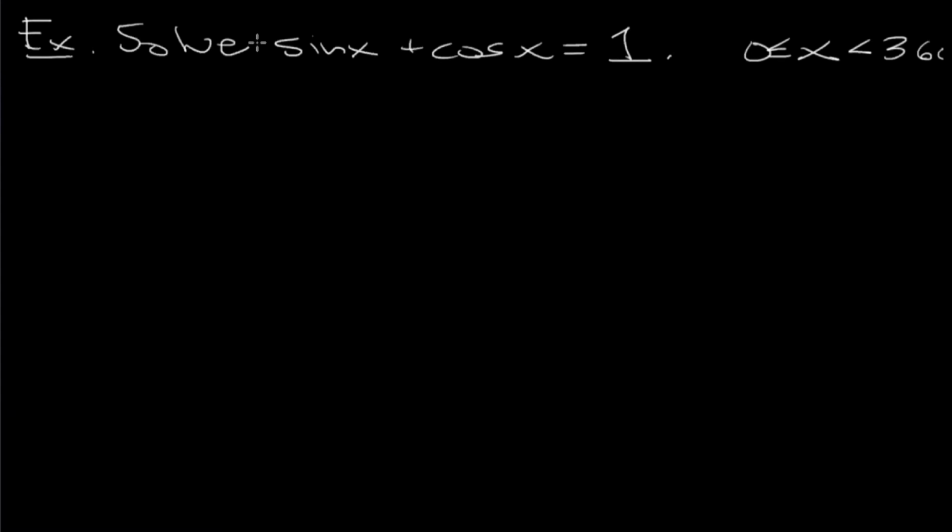The thing that's deceptively simple about this is no matter which way you rearrange these, you're always going to have a sine and a cosine, because there's no identity that allows us to just change a sine to a cosine or to just change a cosine to a sine. Is there an identity that involves both sine and cosine? So if we had squares, it would work. And so the trick to this problem